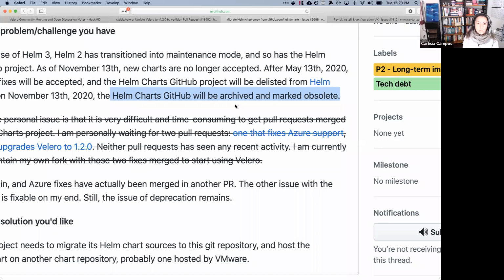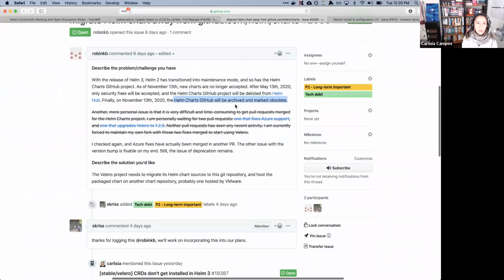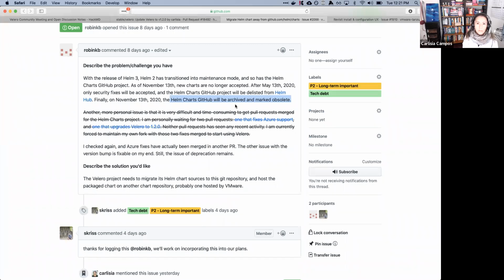And also, if we want to have compatibility with Helm 3, it will have to be in a new repo or a new place, right? Not necessarily. Helm 3 can point to the charts in the Helm 2 repo, as far as I know. Right, but anything in github.com/helm/charts will be bit rotted. Eventually, yes. But I would say for now, it's fine until May 13th. After that, we definitely want to move it out for sure, and probably even before. But as far as it working with Helm 3 now, I don't think that's an issue. Okay. But I might be wrong there.